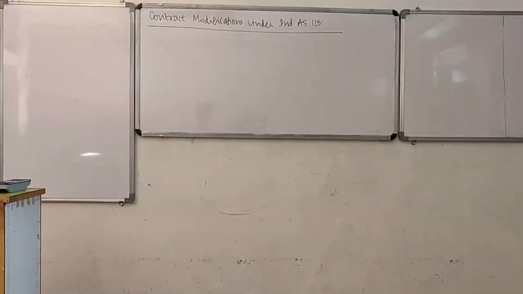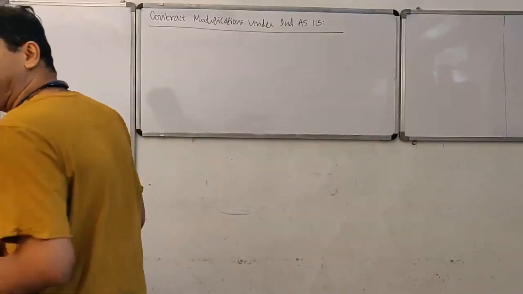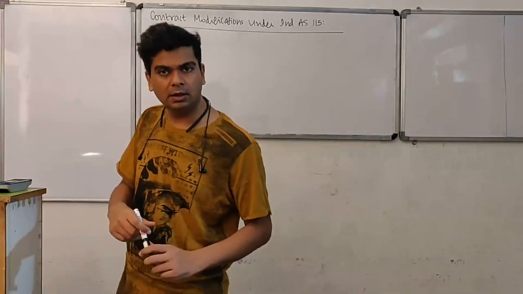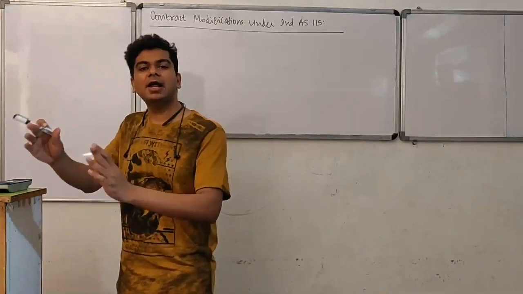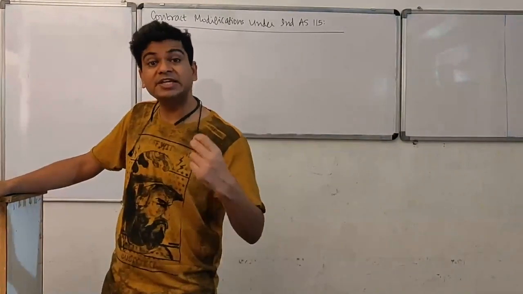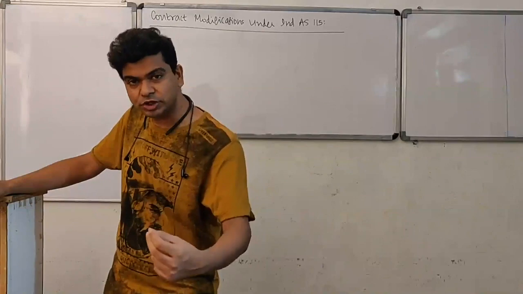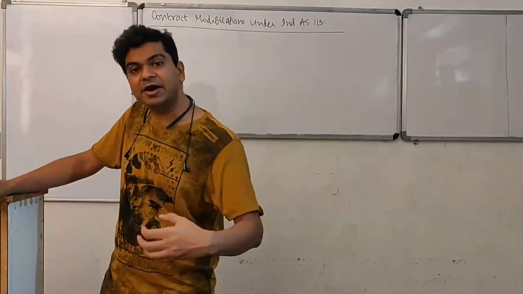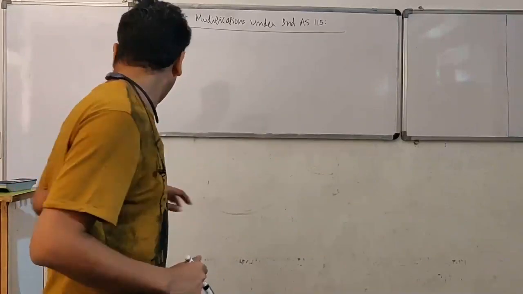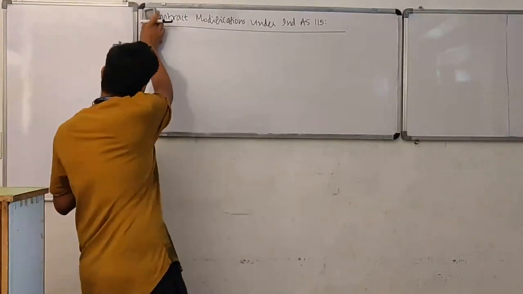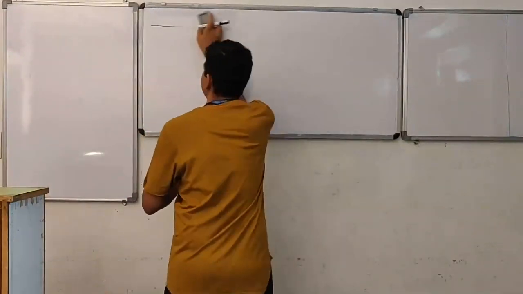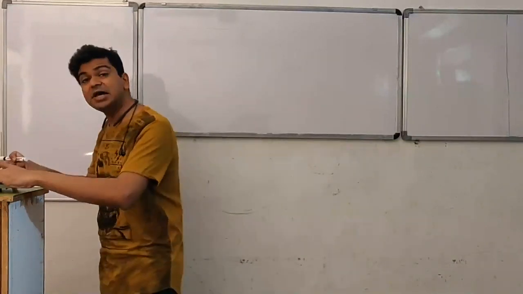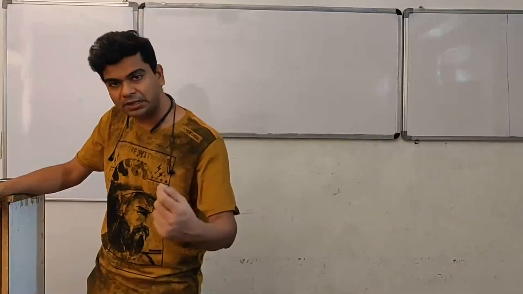In this episode, we will discuss how contract modifications can be accounted for under Ind AS 115. Let's understand the entire case of contract modification by taking a simple illustration. Let's say we are a company that manufactures air conditioners and we have received an order for 100 air conditioners. And these 100 air conditioners are to be supplied over a period of 4 months.